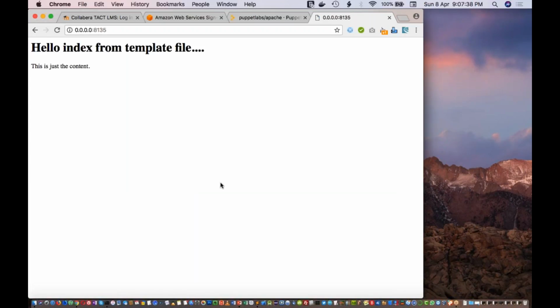Now this is coming from the template file. This is clear to all of you. This is how you will use the ERB template.